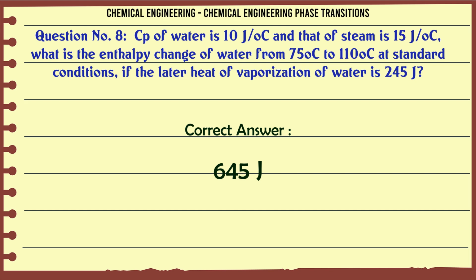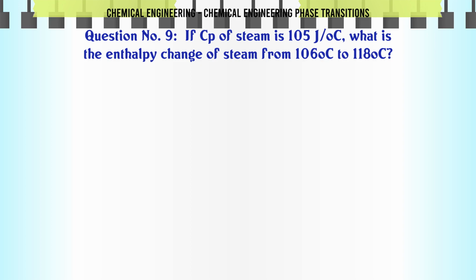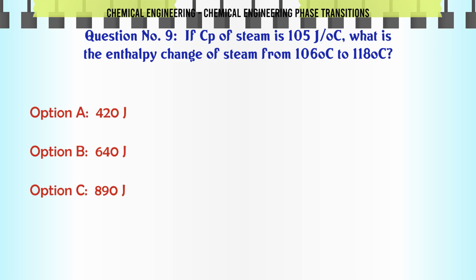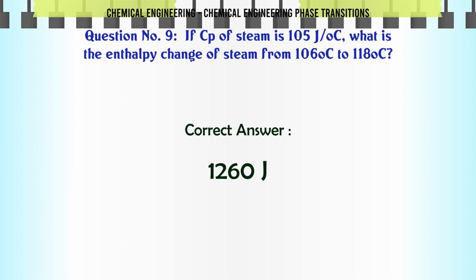645 J. If Cp of steam is 105 J/°C, what is the enthalpy change of steam from 106°C to 118°C? A) 420 J, B) 640 J, C) 890 J, D) 1260 J. The correct answer is